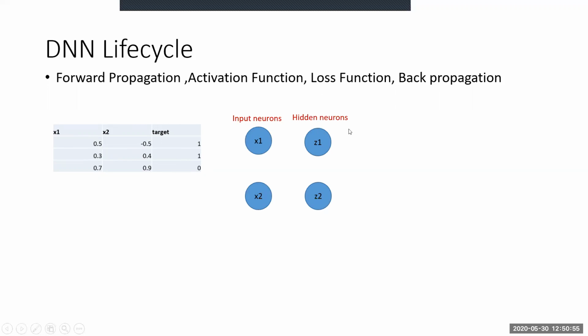The hidden neurons, you can choose by hit and trial. At the end of this session, you will come to know how to choose the number of hidden neurons. But as of now, for simplicity, we can choose two hidden neurons, right? And since the output is either 1 or 0, there would be only one output neuron. Now we'll map it. We'll take one row for reference. So this 0.1 would go into x1, and this minus 0.5 would go into x2, right?